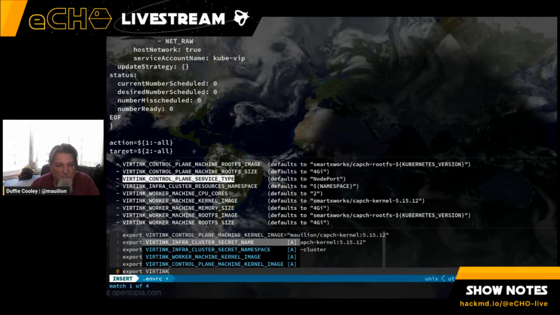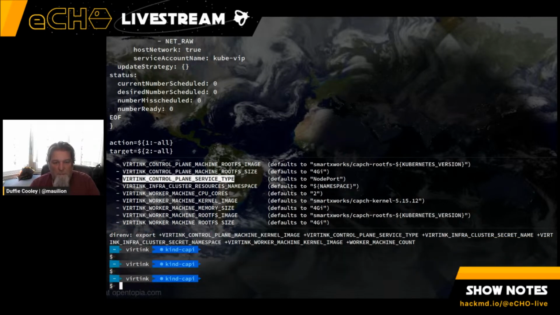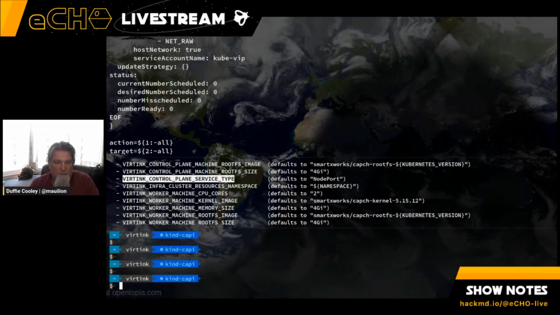Tink control plane service type equals load balancer. Service type. All right, so then